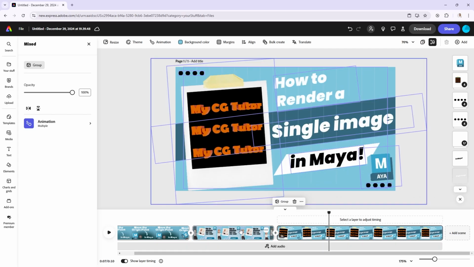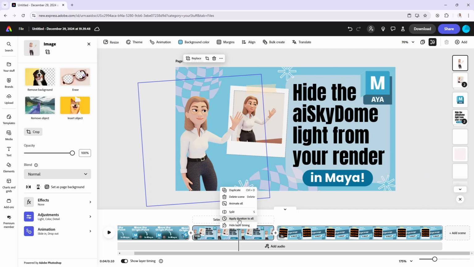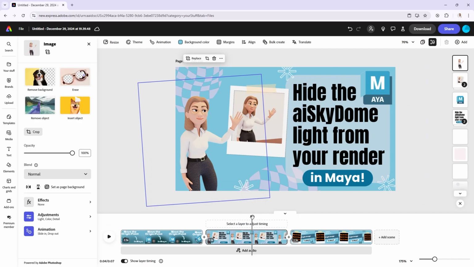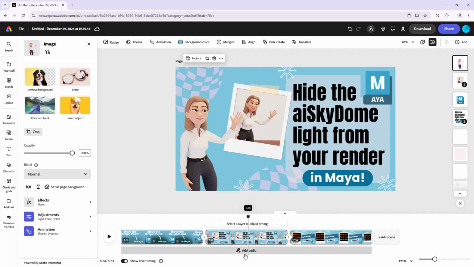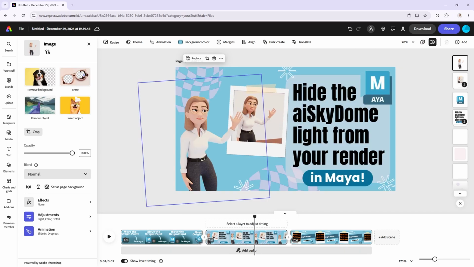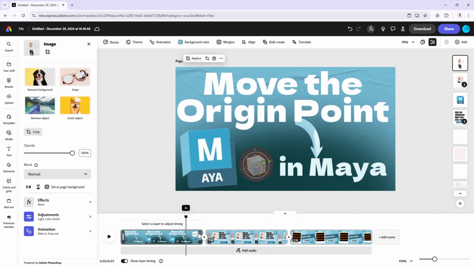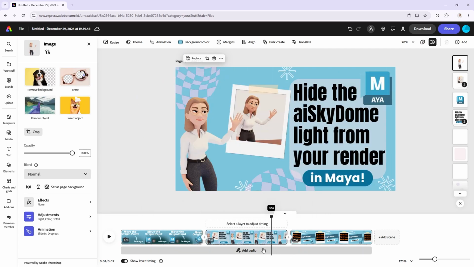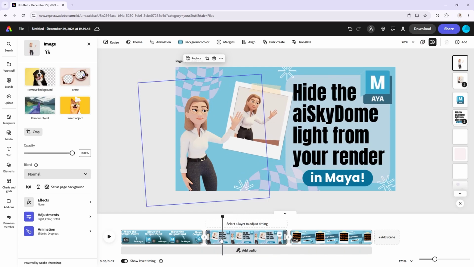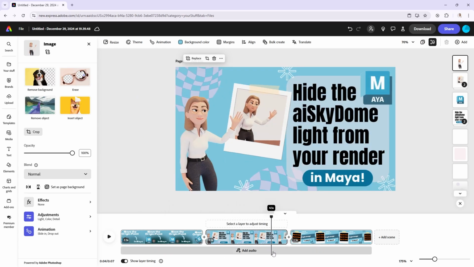And I need to adjust this layer timing as well, so I'm just going to go on one that's the right length, apply duration to all, and now they are all the same timing. So this is the backdoor way to combine separate animated files that you've already made into one new file as scenes. I have a feeling Adobe Express is going to fix this and make it a lot simpler in the coming months or years, but for now, this is the only way I can figure out how to do it,